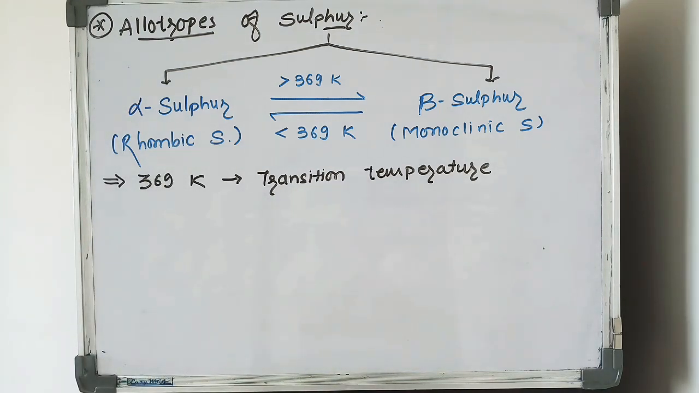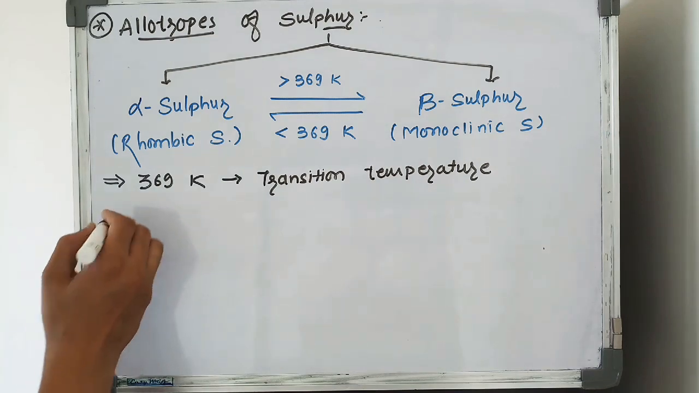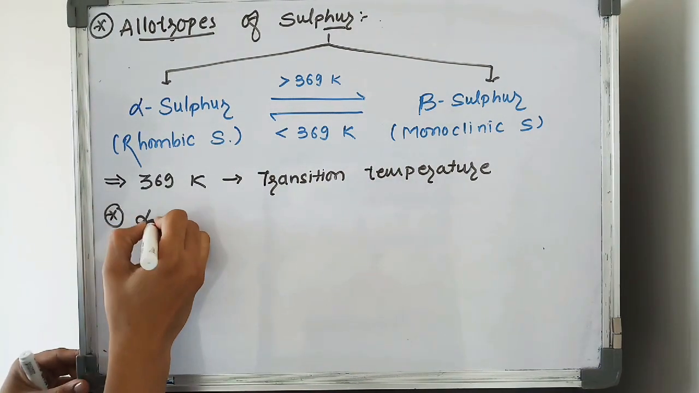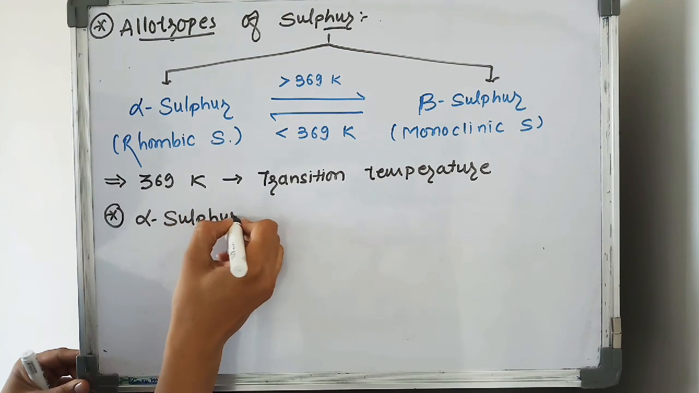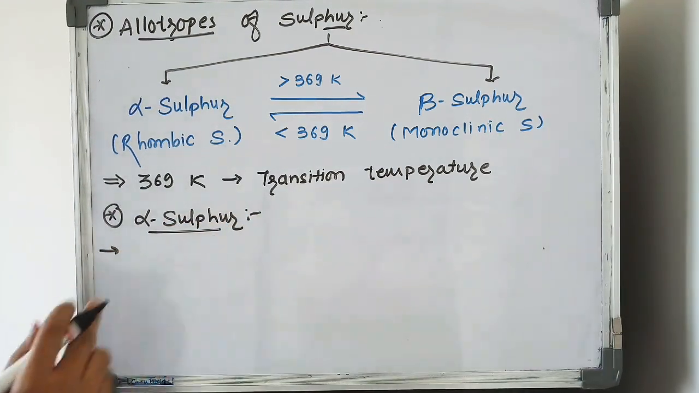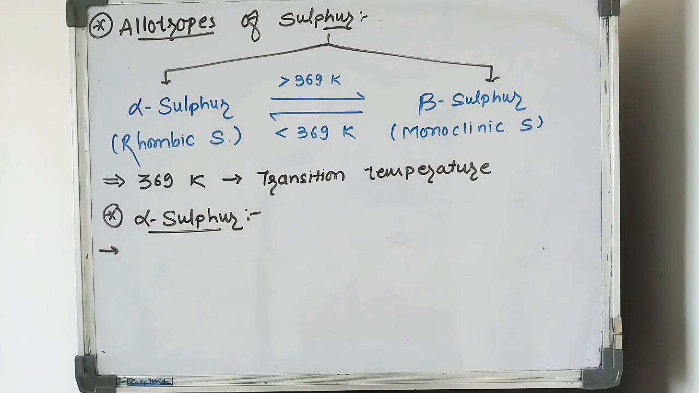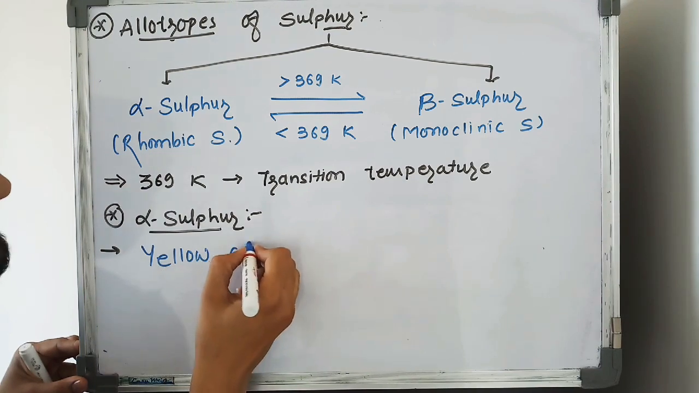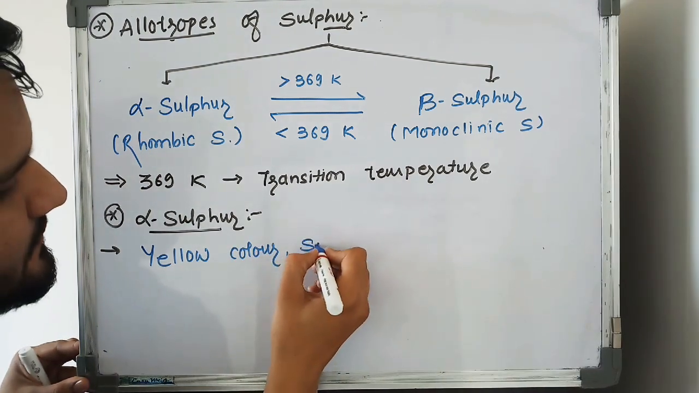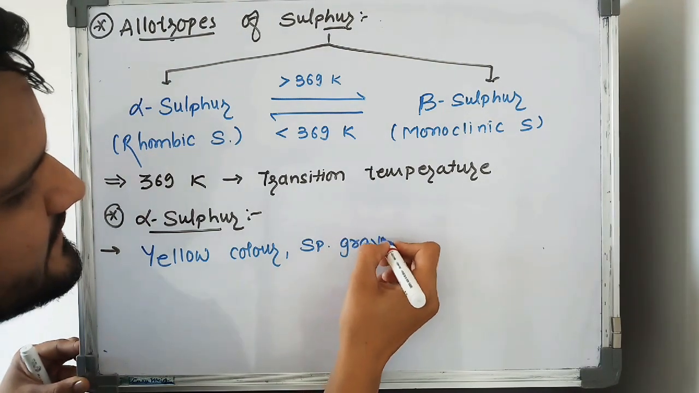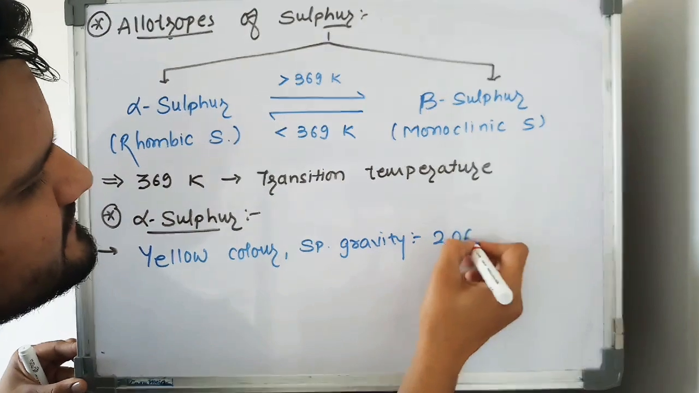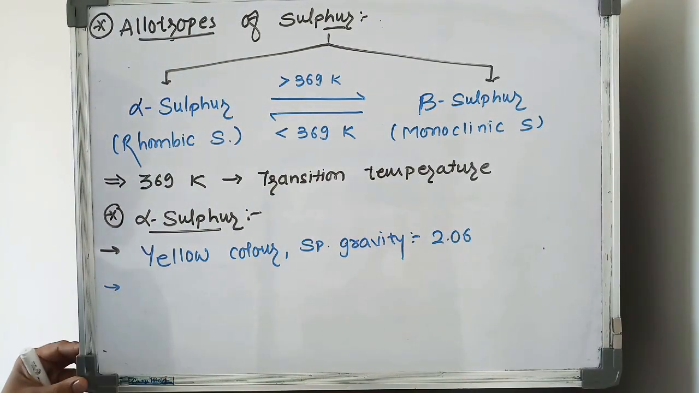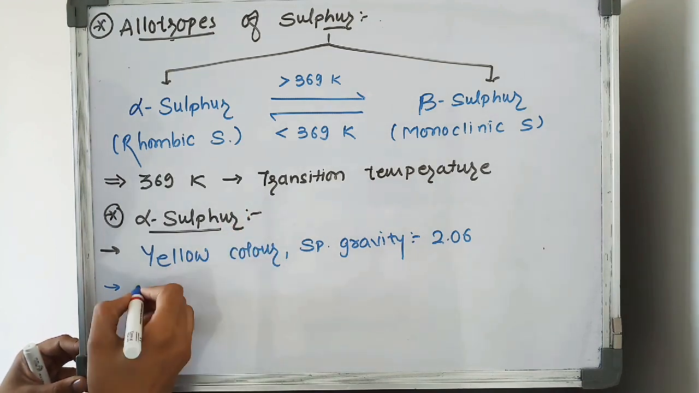Now in this topic, first of all, we study alpha sulfur. This alpha sulfur is also known as rhombic sulfur. This rhombic sulfur is a yellow colored substance having a specific gravity of 2.06. Next point, this type of alpha sulfur is obtained in